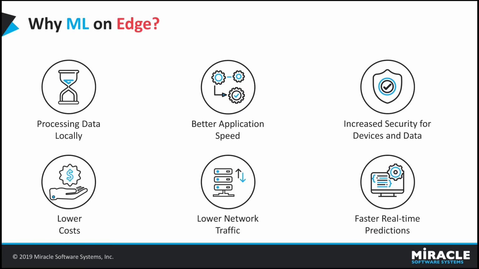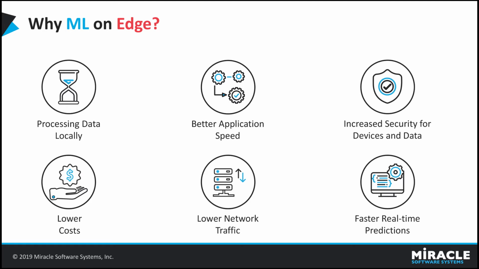But if you have your machine learning model running on your edge devices, like a Raspberry Pi or other Odroid devices, the main advantage is that processing of data locally would be really, really fast, because your model is running on the device. You get better application speed, where your application processes very quickly, taking your request and putting it on your dashboards. That will be really fast, and it increases security for the devices and the data that's